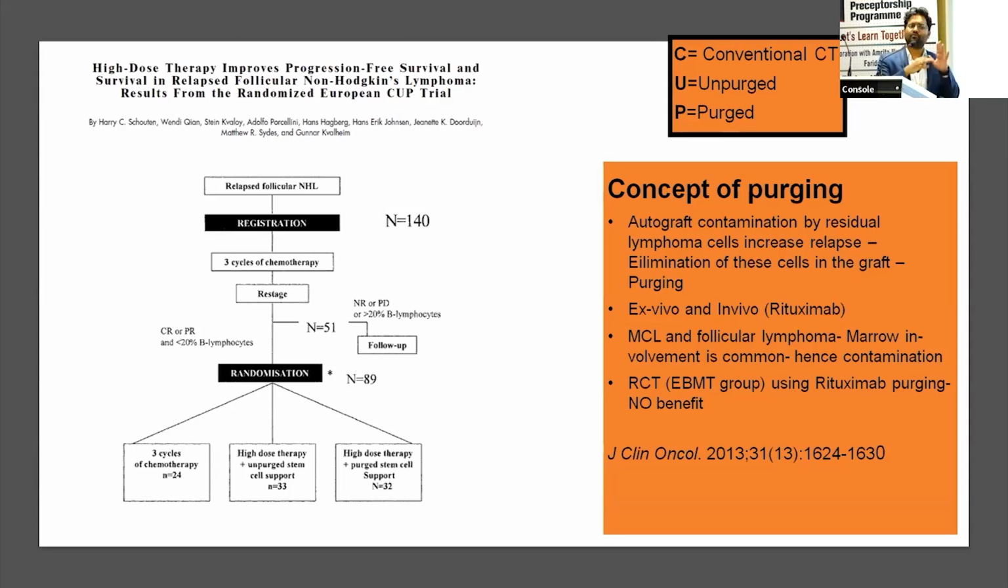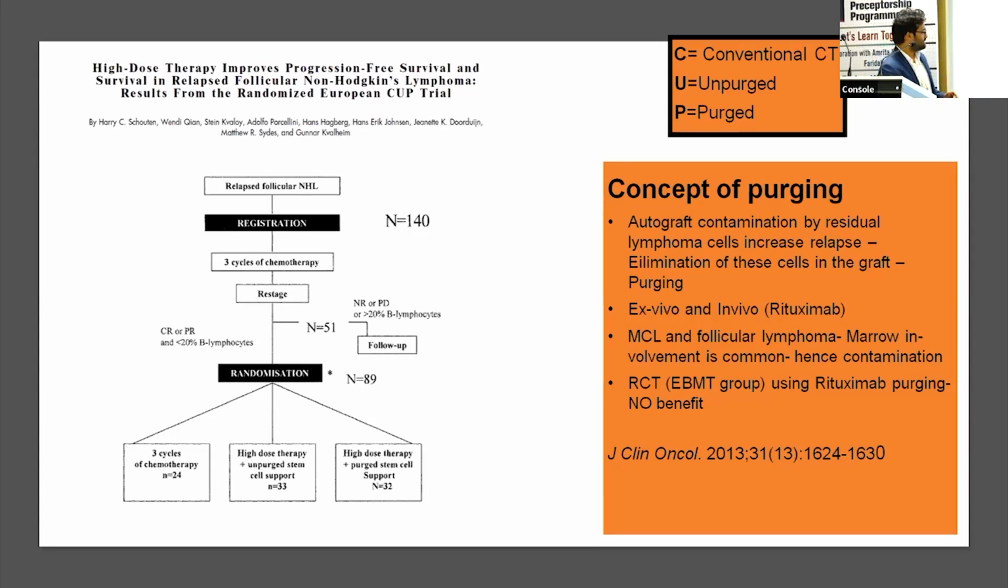So that's why there are ways to remove those malignant cells by doing some in vivo or in vitro maneuvers. So what typically they do is give rituximab, 4 doses of rituximab weekly before you collect the stem cells, right? This is the way people used to practice this purging, but probably this data has already settled the score that